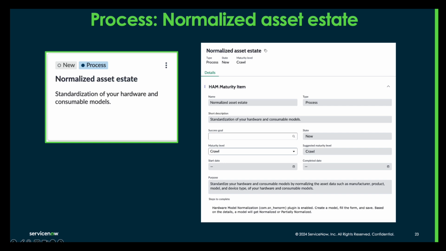You want to make sure you continually review your hardware and consumable models' normalized status, remembering that the platform works best when your assets and consumables are normalized. So the asset management team will be able to view the normalized asset estate on the Asset Workspace, as well as a couple of other out-of-the-box reports. One thing I do recommend is setting up normalization data services. And so this is a